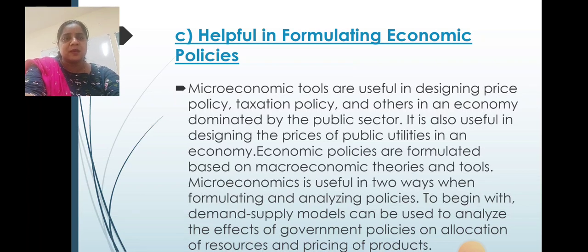One is the capitalist economy and the other is the socialist economy. In a socialist economy, normally the whole production activity is controlled and regulated by the government. So in that case the government has to take the decisions regarding all these things: demand, production levels, costing, all these things have decisions taken by the government.